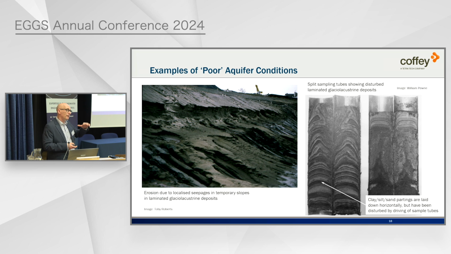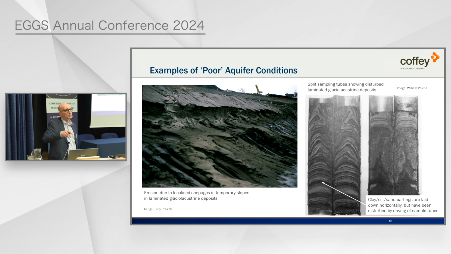So you get this layer cake effect of silt, sand, clay, and so on. And here you've got very limited amounts of horizontal seepage coming out of this slope, and they're eroding this slope away. These are some pictures of two split driven tubes, and normally, or in situ, the various laminations are essentially